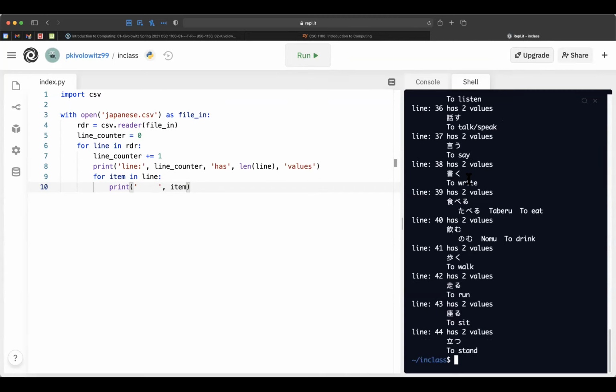Now, the type of the variable line is... I wonder what it is. Why don't we print that out? Print the type of line. Now it's going to print that a whole lot of times, but I don't care.